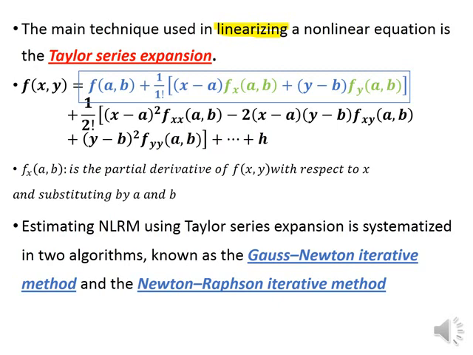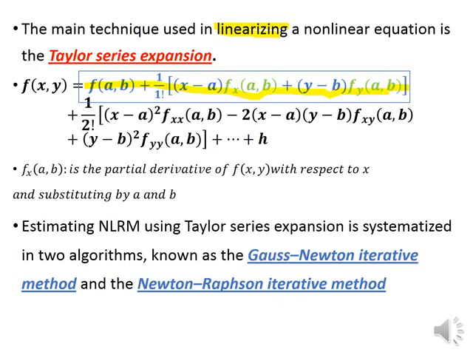And the Taylor expansion can be used to put any equation in any polynomial degree. So you can transform any equation into any polynomial degree around some initial values. And if I want to linearize, if I put it in the first degree, I will take only these 3 terms, and these extra terms will be used if I want to put it in a second order, and so on. So the Taylor expansion will be used to linearize the nonlinear equation by using these terms, and we are assuming